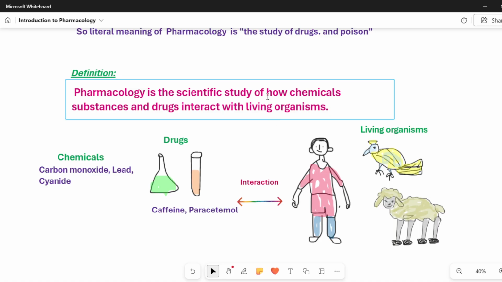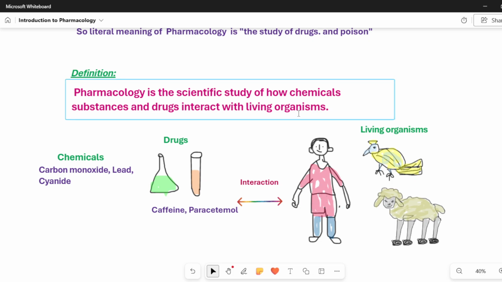When we say chemical substances, it does not only mean the poisons, it also means the naturally occurring chemicals, the molecules which are present in our human body. Only if we understand those chemicals, we can prepare our drugs so that they can change our biological functions.